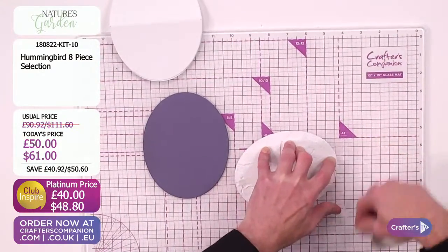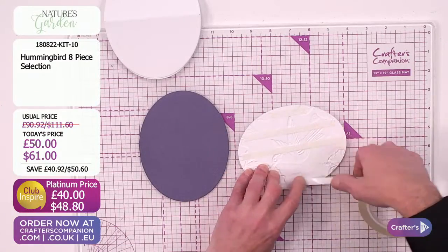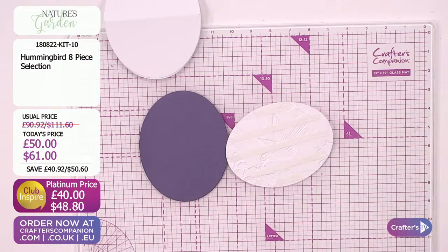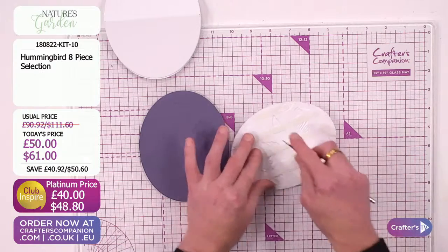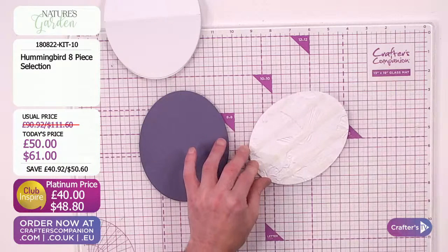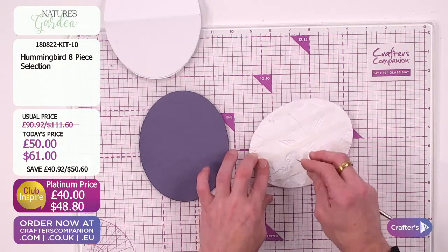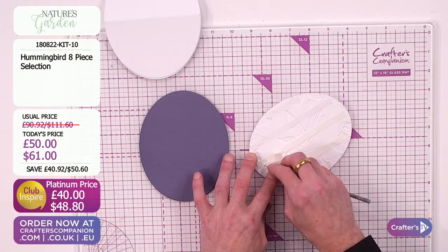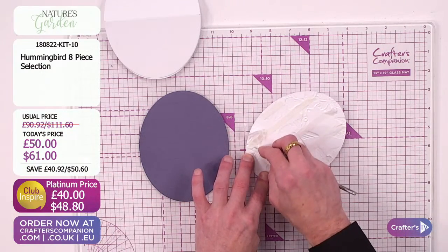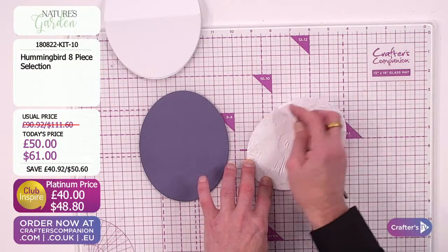And the reason I also wanted to do this style, Becky, is because the Hummingbird is so full of bright colours. Some people I've noticed in the past, seen it on social media, wanted to use the Hummingbird with less colour to it. Because as much as we hate to say it, there's elements of this you could use as a sympathy. So by keeping it really, really stripped back at times, depending on colour choices, you know, it is one that you could be using for different things. So I thought with that little bit of purple all the way round,